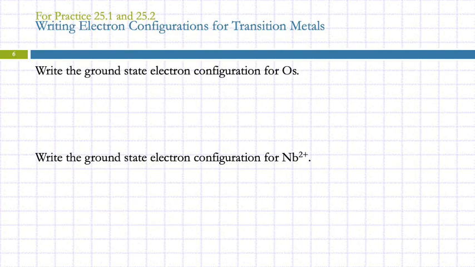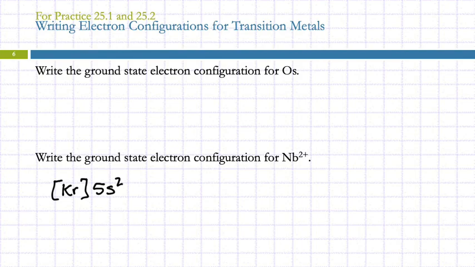So for the atom, what would be the noble gas that we would start with? Krypton. And then after krypton comes what? Rubidium. So we've got 5s2. And then